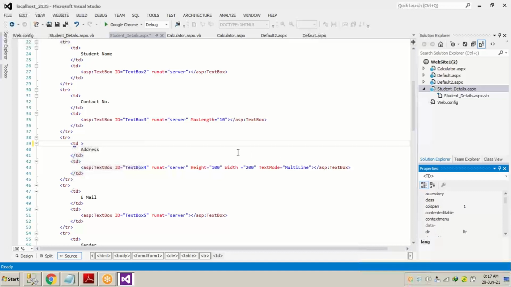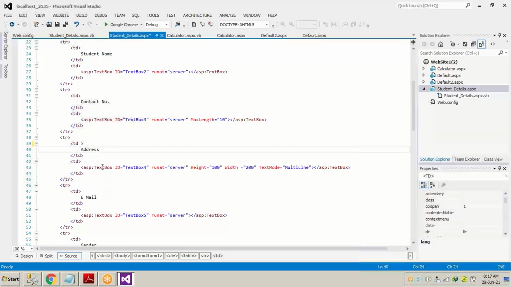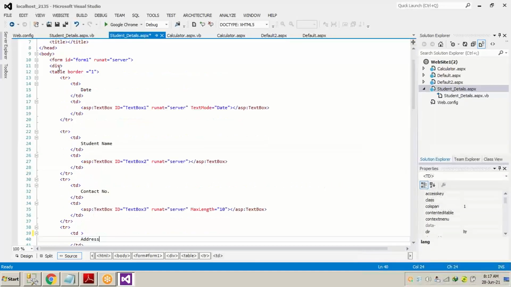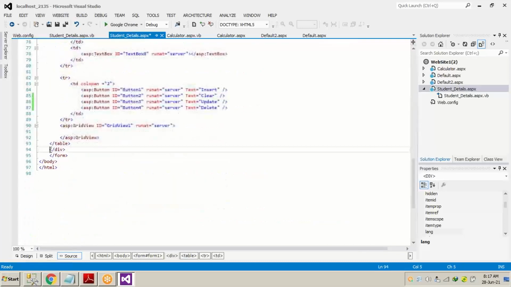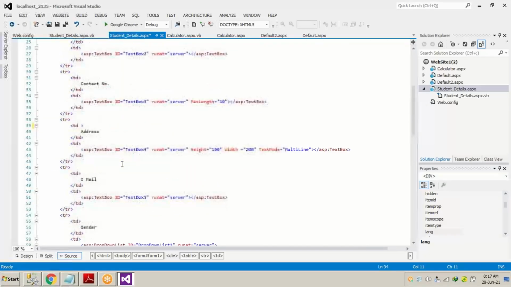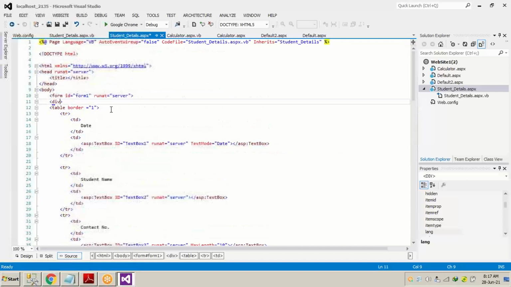Okay, let's do one thing. Leave this as it is. If you remember, we have taken the table inside a div. This is the div open and this is the div close, covering the entire table. Now we are adding a label to the form.